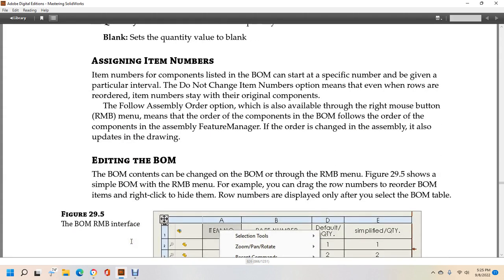Heading into the bill of material, the content can be changed through the right mouse button menu. Figure 29.5 shows the bill of material with the right mouse button menu. For example, you can control the